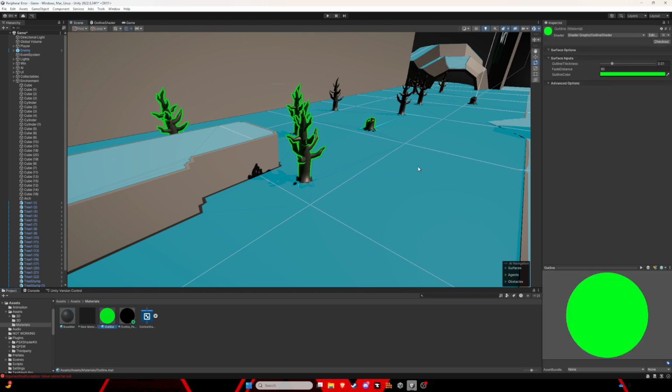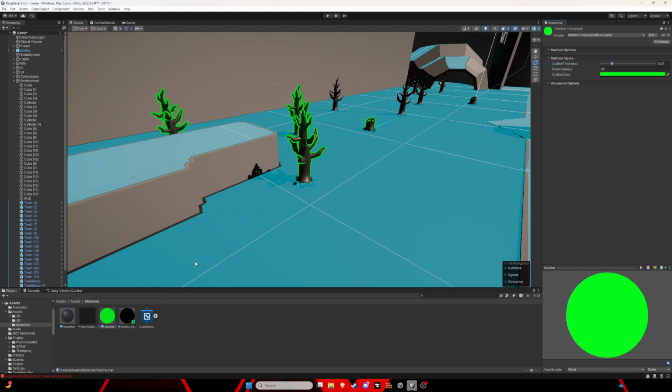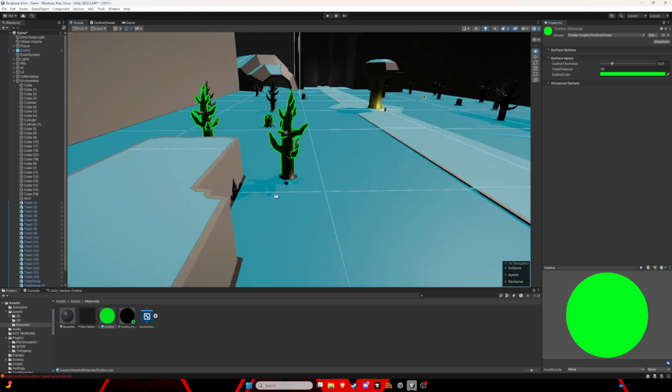And those properties give me these three specific inputs, allowing me to change the outline thickness, the fade distance, so that they fade away at shorter and further distances, and the color of the outline, creating a highly modular base for all the materials in the game. So that if I want this one to be outlined in black, I can make this one outlined in black. It's really simple, honestly, once it's been set up, and it is an absolute game changer for the environment,